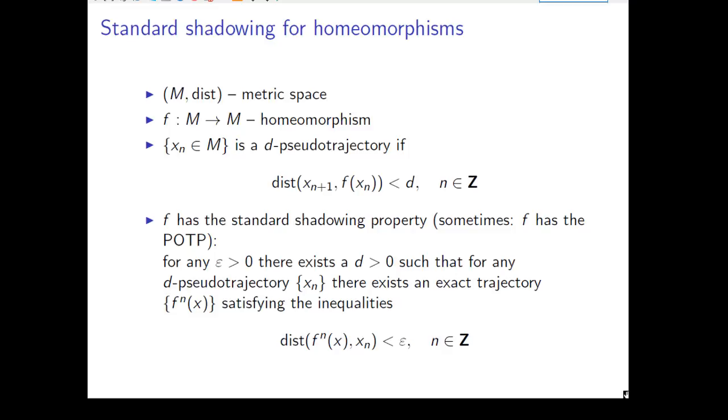It is not necessarily mapped to the next point of the sequence, but if I apply my f and look at the distance between these two points, I know that it is less than this given d. So we get an approximate trajectory, and as far as I know,